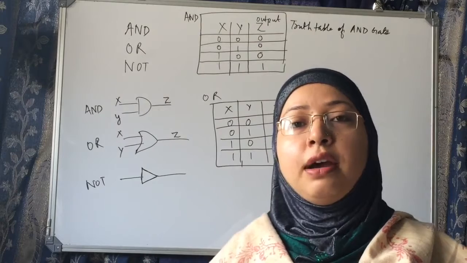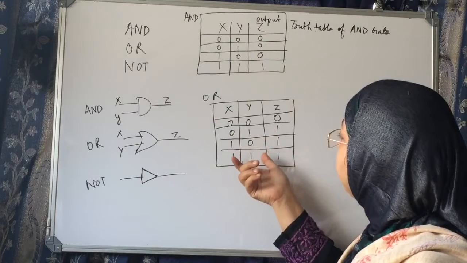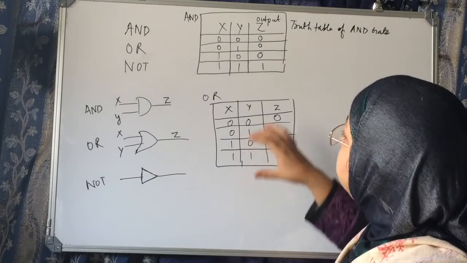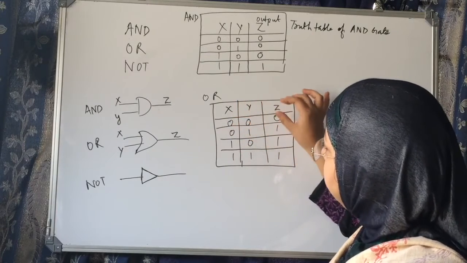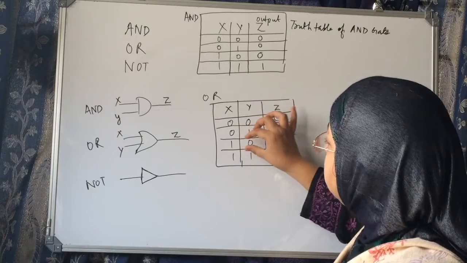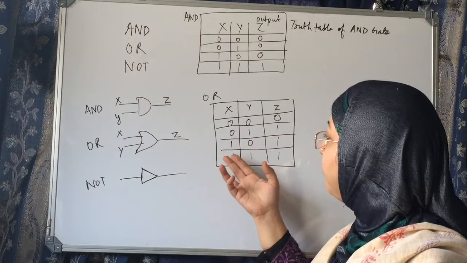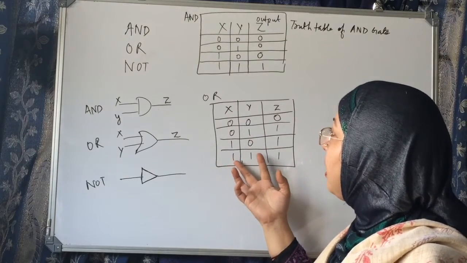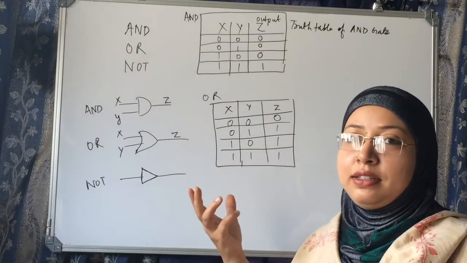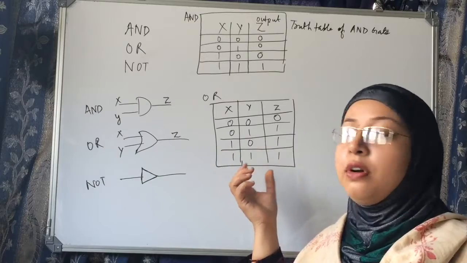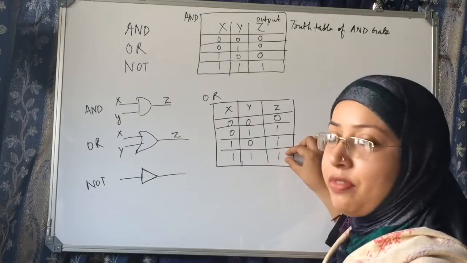It acts like you are doing addition. So its output will be 1, its output will be 1, its output will be 1. You can also find it out by adding: 0 plus 0 will be 0, 0 plus 1 will be 1, 1 plus 0 will be 1, 1 plus 1 will be 1. Here, in the fourth case, when both the inputs are 1, the output is 1. In mathematics, you know that 1 plus 1 is 2, but in case of OR, when we do OR operations, the output will always be 1.